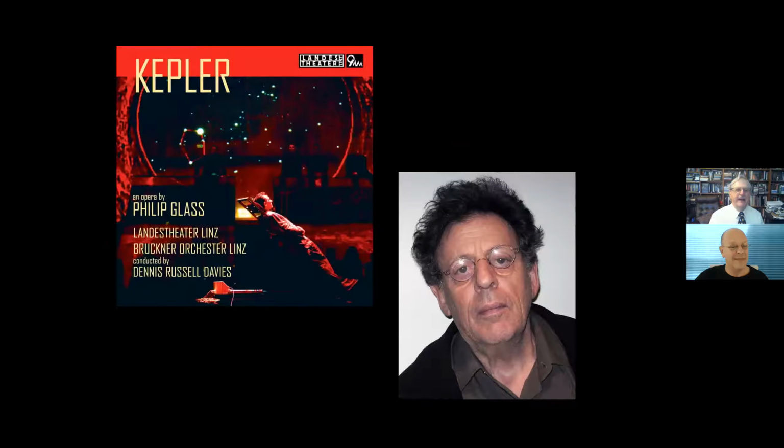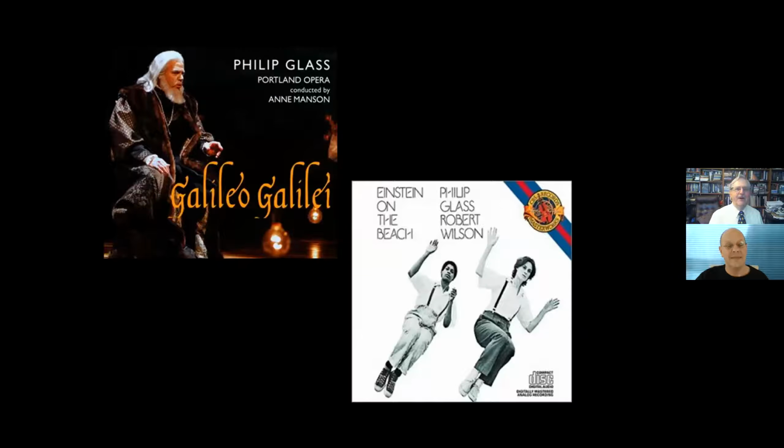But in the modern day, Philip Glass, a minimalist but popular composer, has written a series of operas about astronomers and physicists. This is perhaps his best known one about Kepler, also incorporating some of Kepler's astronomical and musical ideas in the same work. There's a Galileo opera, which has recently been premiered. And then there's the old chestnut Einstein on the Beach, which was performed at the Met and several other opera